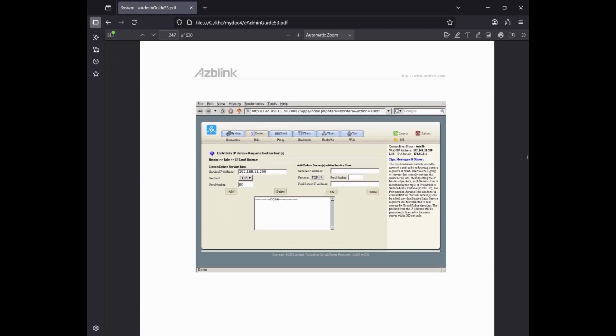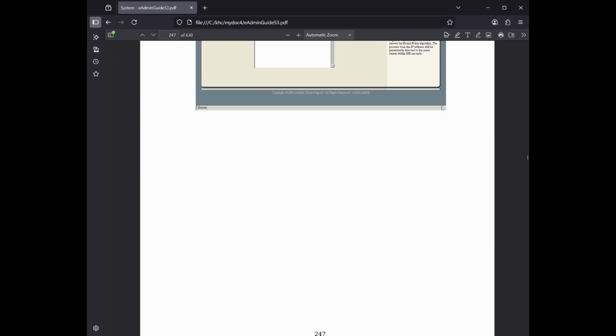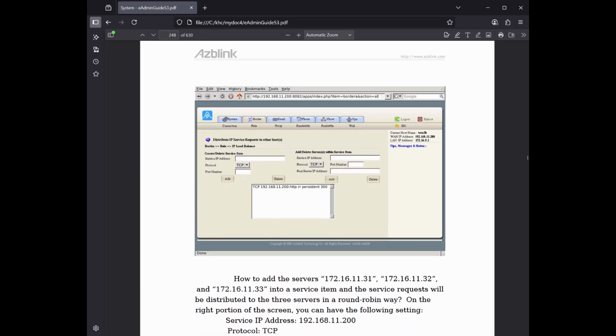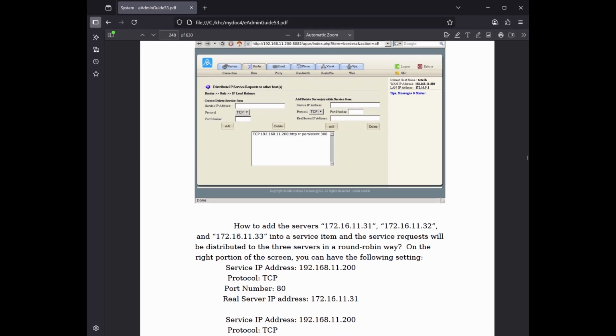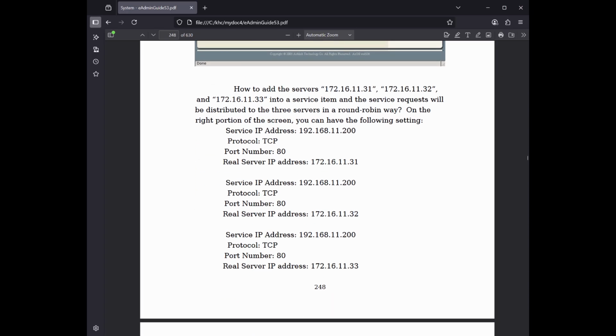On the right portion of the screen, you can have the following settings: service IP address 192.168.11.200, protocol TCP, port number 80, real server IP address 172.16.11.31; service IP address 192.168.11.200, protocol TCP, port number 80, real server IP address 172.16.11.32; service IP address 192.168.11.200, protocol TCP, port number 80, real server IP address